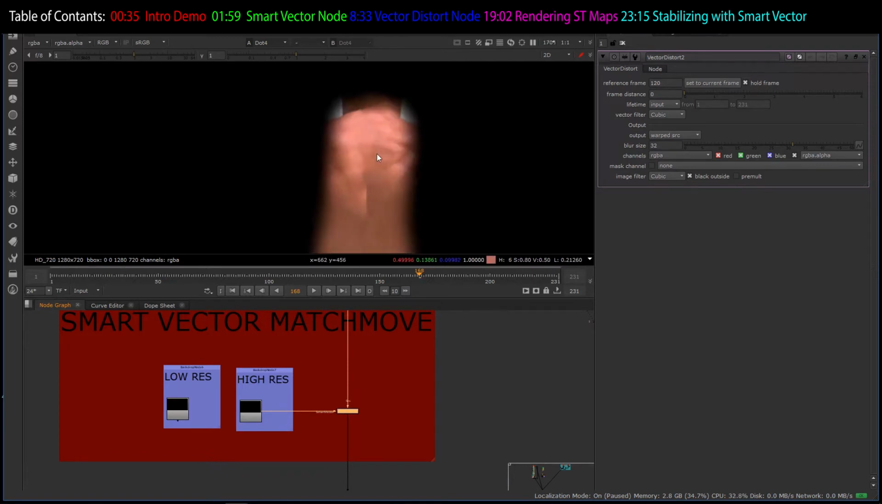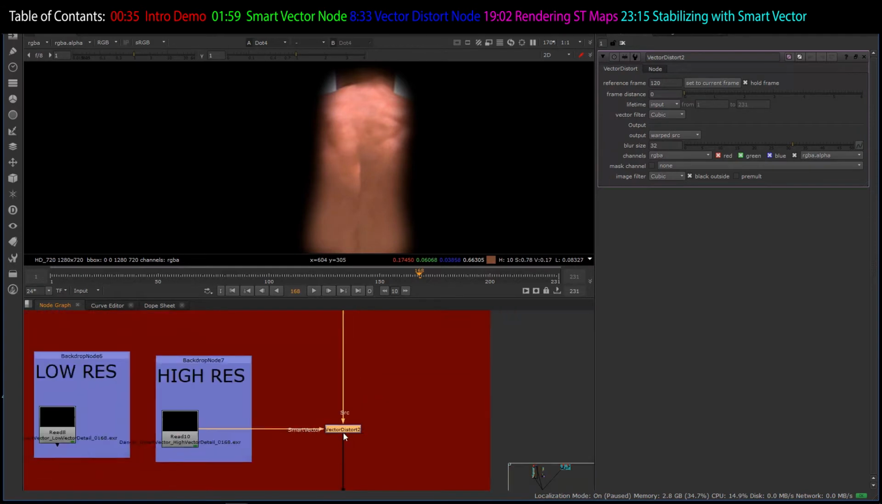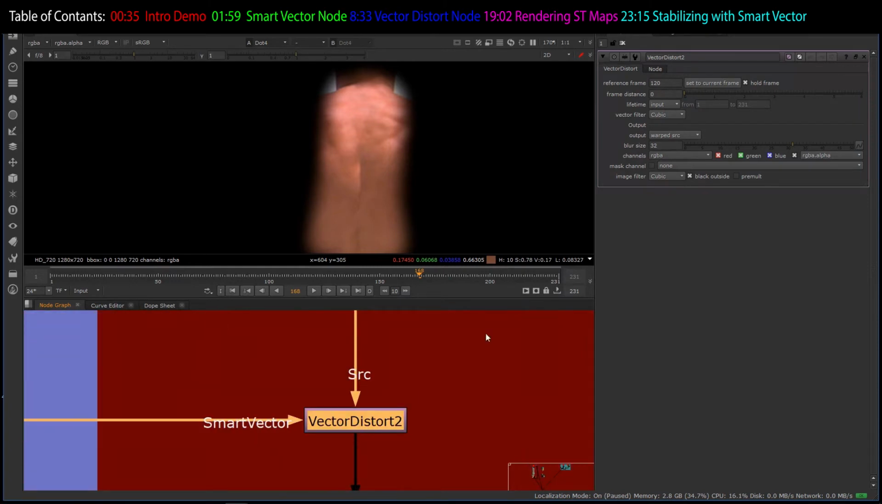It's just a frame hold on your reference frame, which is very important. Always do your paint work on your reference frame, and then you hook it into source, and you also hook in your smart vector into the smart vector input of your vector distort. It's a lot of words right there with vector. But anyway,